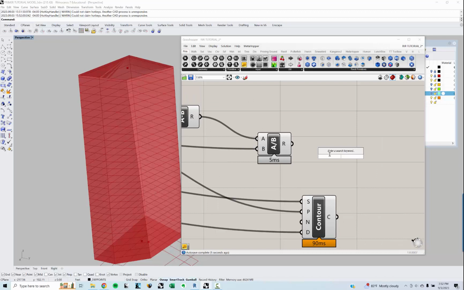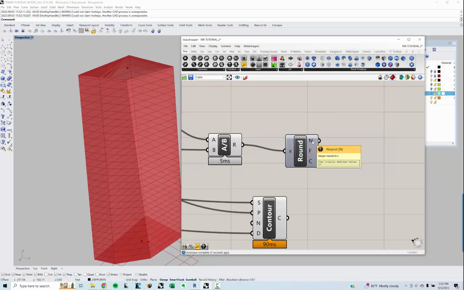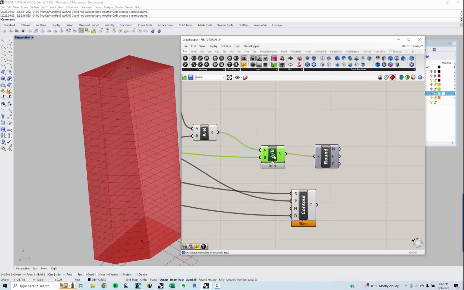So what I'm actually going to do is a round on the 27 floors, so it's going to give me the closest number. It's going to round up if needed or round down when needed. And then I'm going to divide again. I'm going to divide my 300 by my rounded number, which gives me